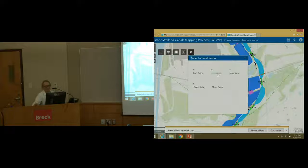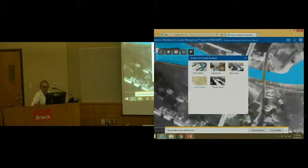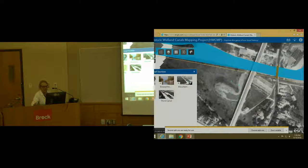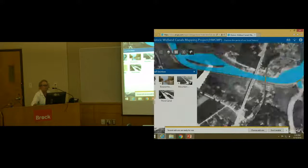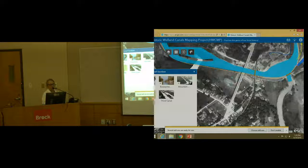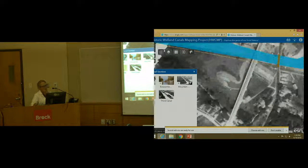And another project that is in the works right now is, and just to put it in perspective here, this is the Burgoyne Bridge. This is the downtown area of St. Catharines. This is a 1921 air photo. So this is an example of how historical imagery has been used to detect remnants of the canal. This is the route of the first and second canal in the 1800s. And this is a basin. This is the area of the Chicluna shipyard. So this was a shipyard back in the 1800s that built ships and repaired ships. If you look at this photo very carefully, very closely, you can see the outline of what we think is